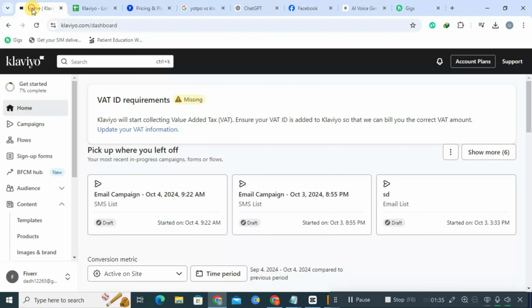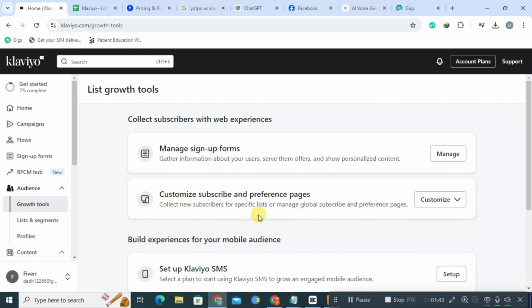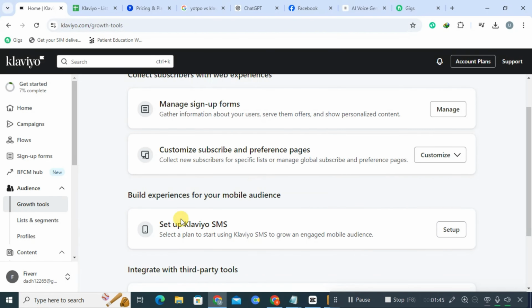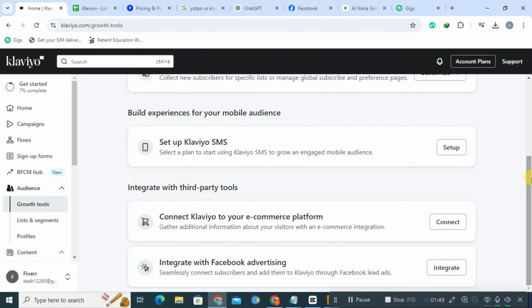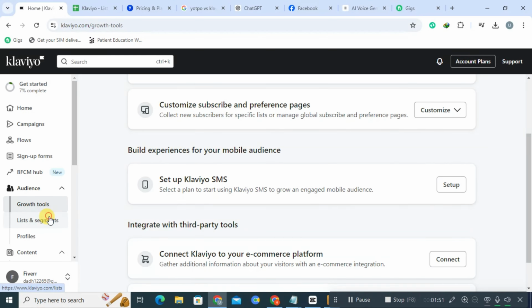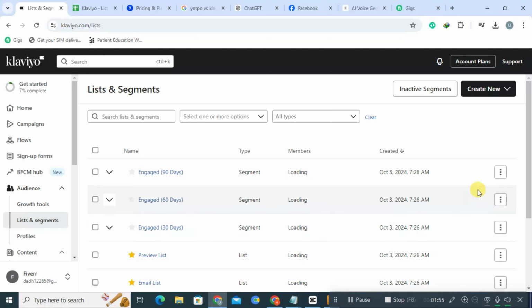Klaviyo, on the other hand, is an advanced email and SMS marketing platform designed to help businesses increase customer engagement and drive sales through targeted marketing campaigns. With Klaviyo, users can set up automated email workflows triggered by customer behavior, such as welcome series, abandoned cart reminders,